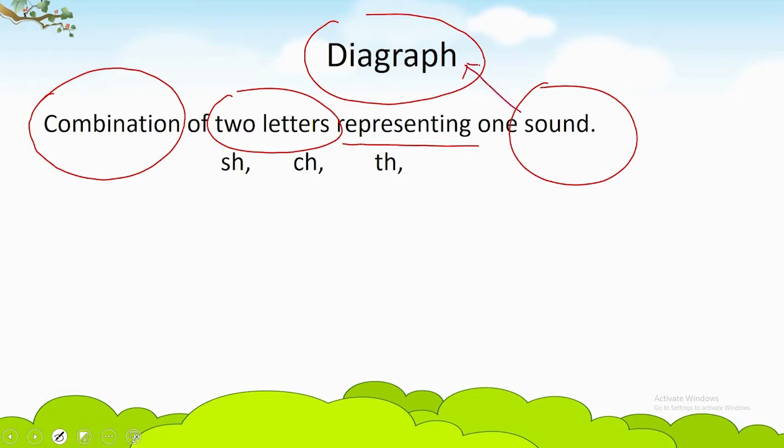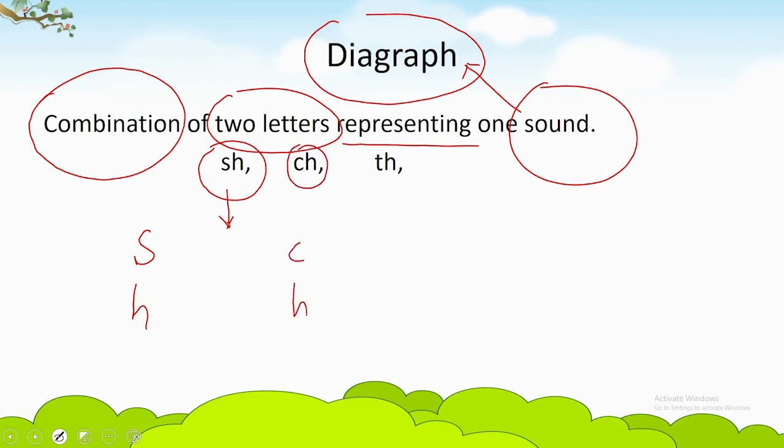For example, there are two letters, S and H. S sounds for S, and H sounds for H. But when the two letters combine together, they form the sound of sh. These are called digraphs. The next one is C